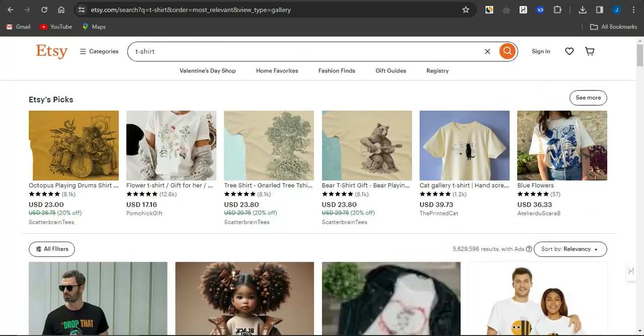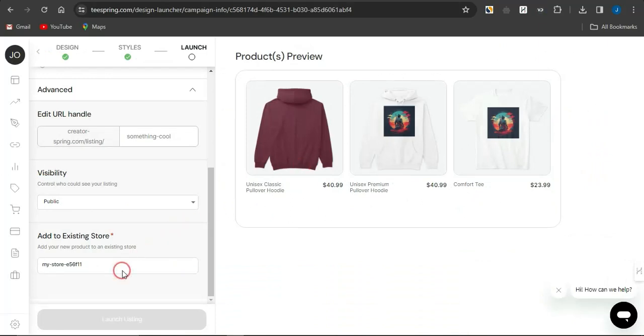and you can then link that to your Tspring printing on demand platform. Once you link that, when people purchase that particular product, which they can see on Etsy, Tspring is automatically going to help bring that design your customer just purchased to life, and you and the company, Tspring, are going to share the profit. That's how cool and easy this is.